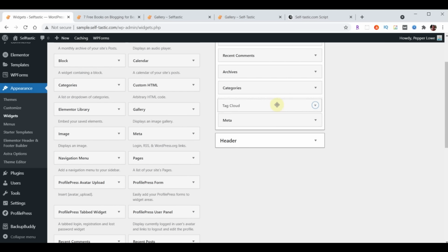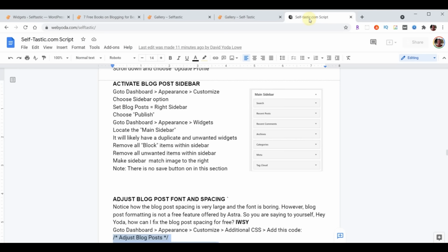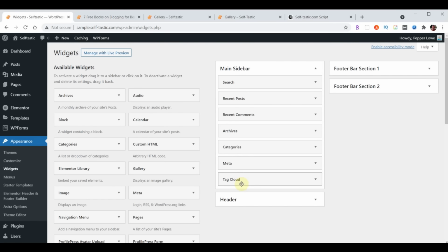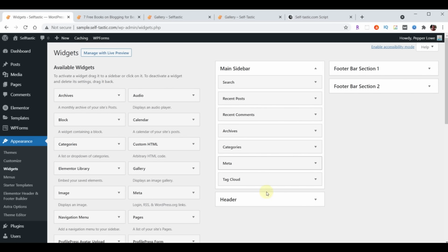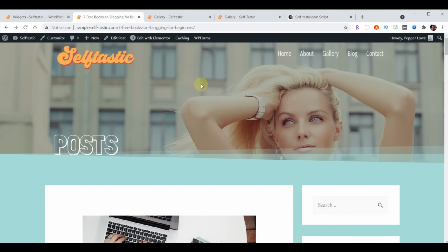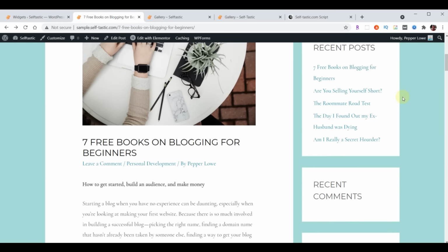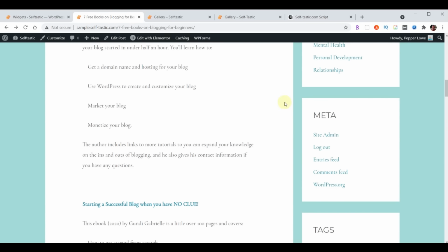Also, you can organize these however you want. That order right there matches what we have on our list. Again, you could pick other ones if you want to put stuff in there, but these are basically the general tool set you're going to see on most blogs. And there is no save on this page, so basically it's already saved. Now if we come back over to our post and hit reload, you can see the sidebar has been added. We have a search box, recent posts, comments, archives, categories, meta options, and a